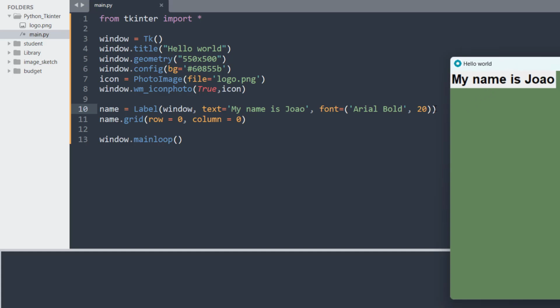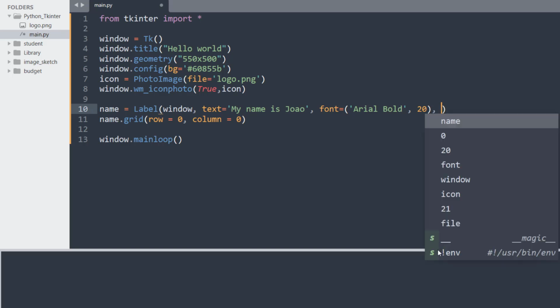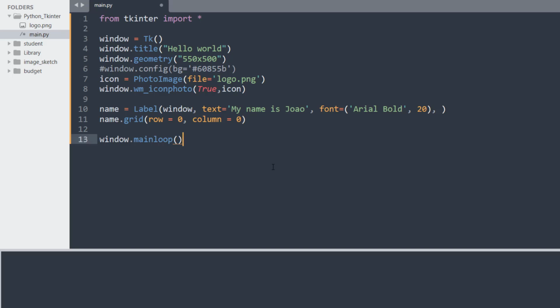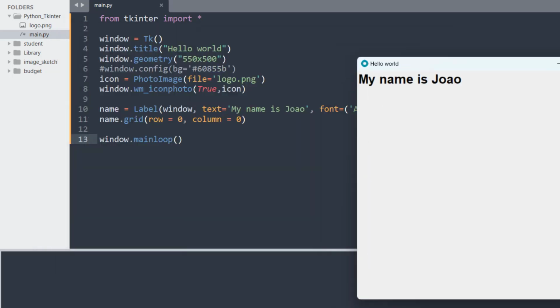in Tkinter. Apart from that, we can also change the color of this text and also the background of a label. So for that we have to do something like this. To change the color of a label, for example, if you want to change this color to green. But first, I'm just going to comment out this line so that the background color of the window doesn't change. If I save this, it'll go to the default, which is this one.